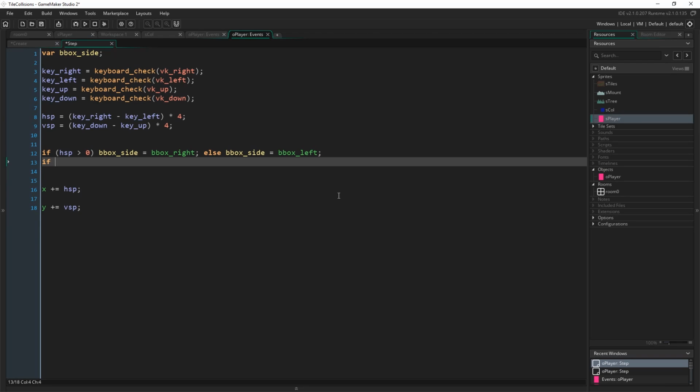Next up, I'm going to check the actual tile map, okay? So I'm going to type if, open bracket, tilemap_get_at_pixel. If some of you more advanced among you see that this command exists, you probably already know what to do for the whole rest of this. So go ahead. If the rest of you stick around, tilemap_get_at_pixel(tilemap, bbox_side + hsp,